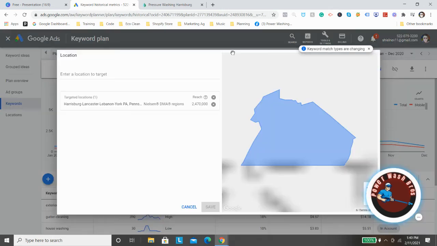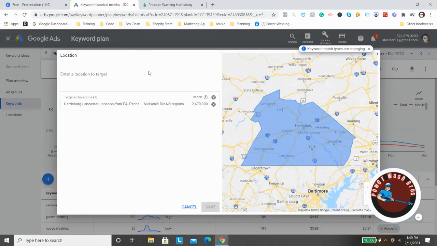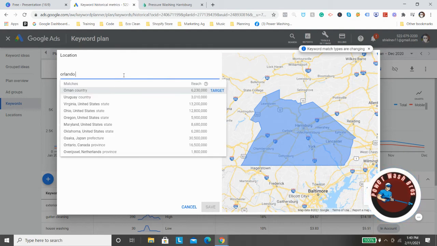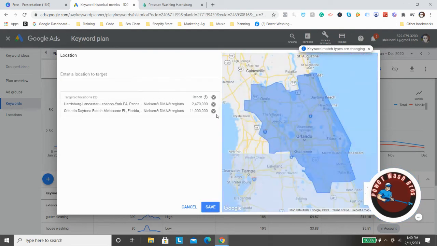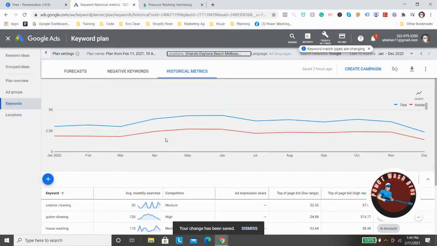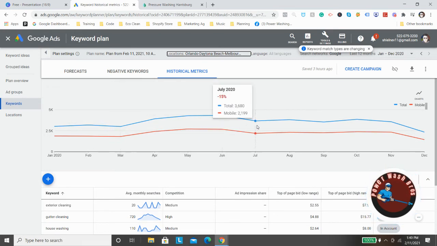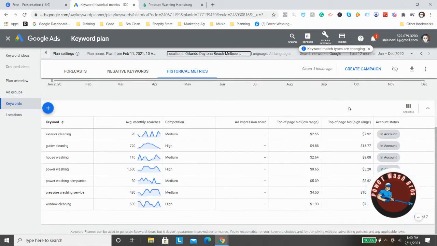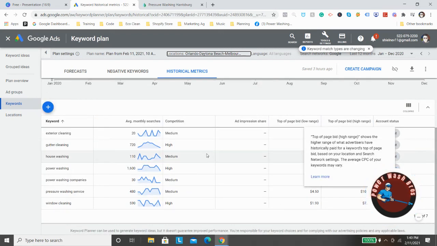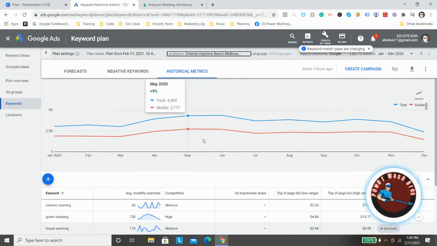Now I can show you just as an example, how different this market would be if, let's just say, we go to Orlando, Florida, and compare Orlando. I mean, you can see how much bigger this market is than the market I'm in. But now look at it, see how that graph came up? It's steady throughout. It still peaks a little bit in April, May, June, but it's relatively the same throughout the entire year. As opposed to up here, where it's a much smaller market than it is in Orlando.